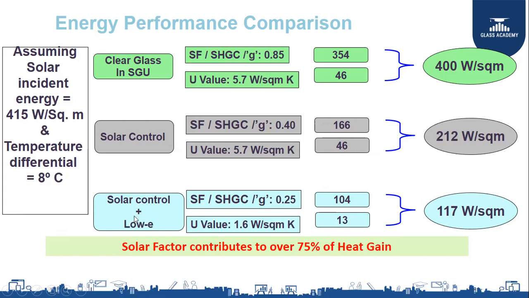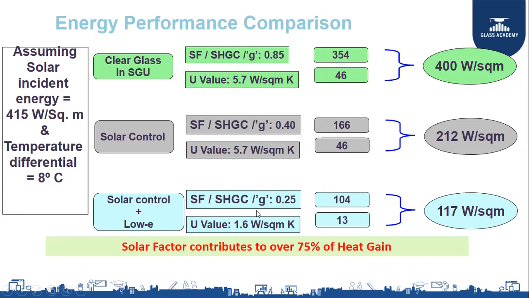In the next slide, if I'm going to the next product, the solar factor is 0.25 and the U value is 1.6. So here it is very critical that you select a glass depending on the application of the building. If you are going for a 24/7 operating office, you should go for a low solar factor and low U value. If it's going to be a residence, it's enough even if you go for a solar control product which has only a low solar factor. And if it's a hospital, you should go for products with low solar factor and low U value. So this kind of product is for high-end buildings, high-rise buildings,